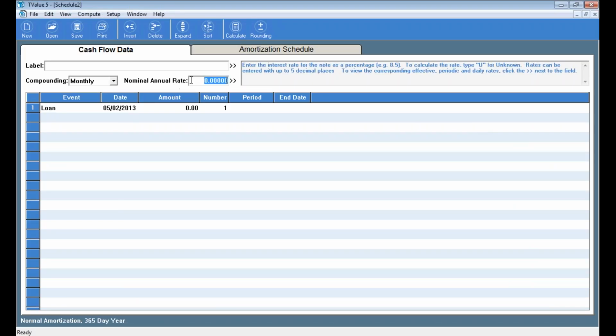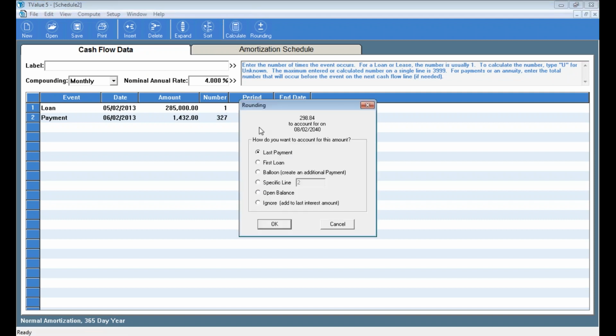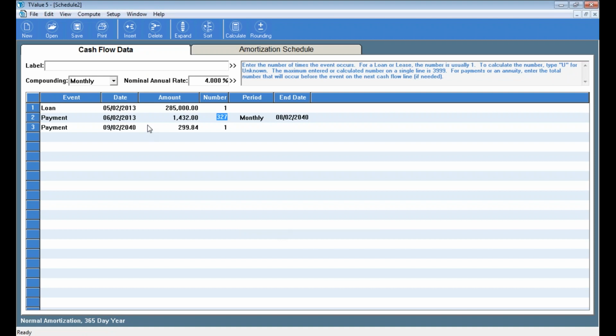So let's go to TValue, open a schedule, and I won't put on a label and all that. We're just going to go through this quickly just to show you the exercise. So the nominal rate would be 4%. That was the modification rate. We'll just use today's date, $285,000. Put U 1432, U for unknown for the payment, calculate, and we have a partial payment left. Put it as a balloon, hit OK. Here's my TDR schedule as of